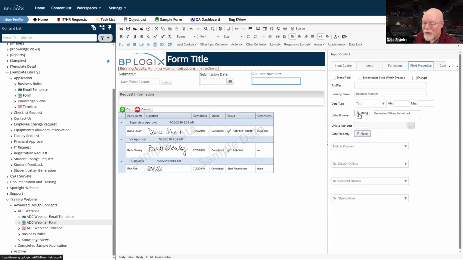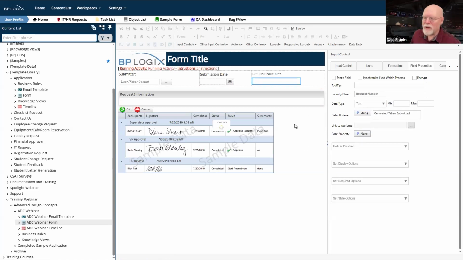So I am going to set a default value for this field. I'm going to set it as a string, and I'm just going to give it the temporary request number of generated when submitted. If the form doesn't get submitted, who cares? If the form does get submitted, the very first thing the process timeline is going to do is change generated when submitted to HR 25 whatever, and it's going to reset that name. Or I think in this case, it's just going to set it to like number 750 or whatever. But in any event, that's a unique number that will get applied and it'll just get overwritten here.